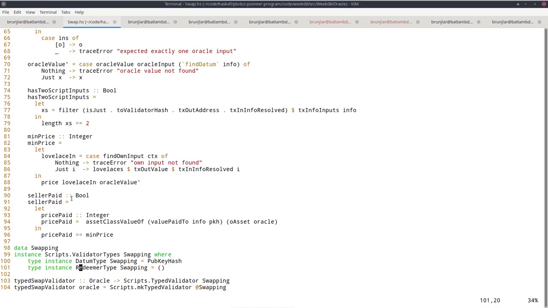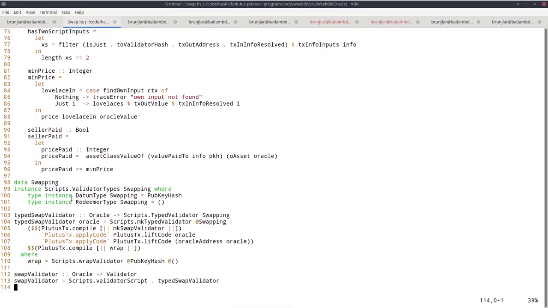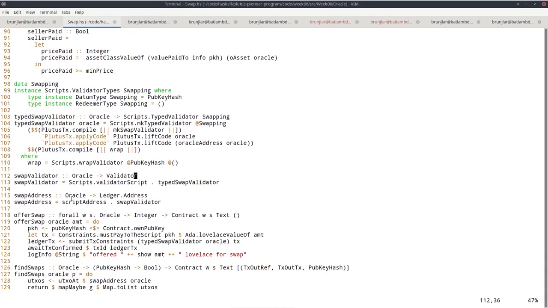So we define the swapping helper type that records the datum and redeemer. So again, datum is the pub key hash, the pub key of the seller. No interesting redeemer. Do the usual template Haskell stuff to compile this, given the Oracle, to a script.